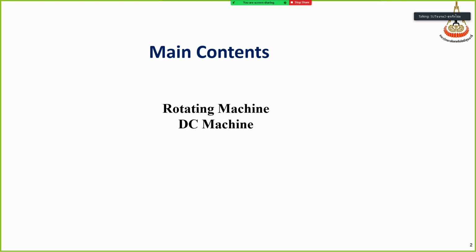Okay, now come to the rotating machine, and maybe we can touch on the DC machine, or maybe not, just at least. So this lecture introduces you to the rotating machine, the types of rotating machine. We have so many types of rotating machine. What is a rotating machine? A rotating machine could be an electric machine,